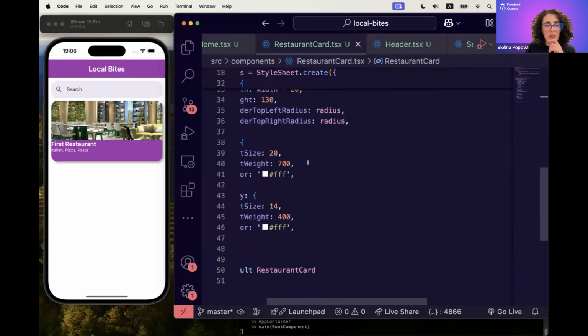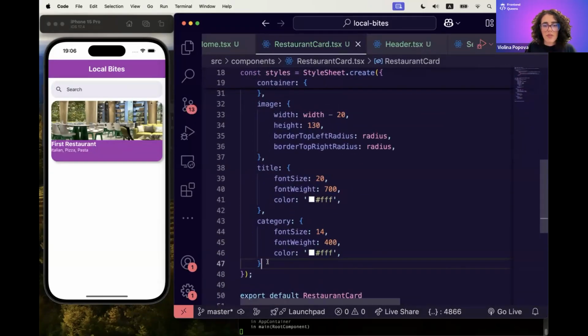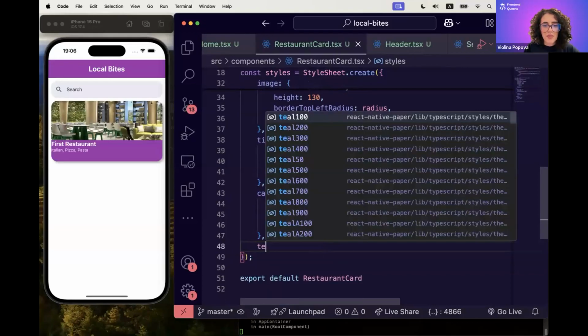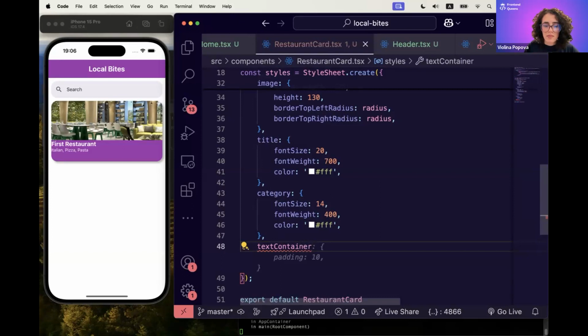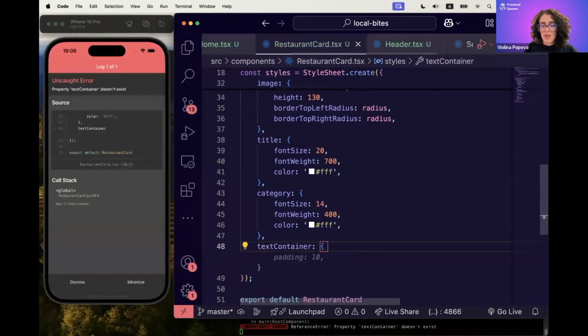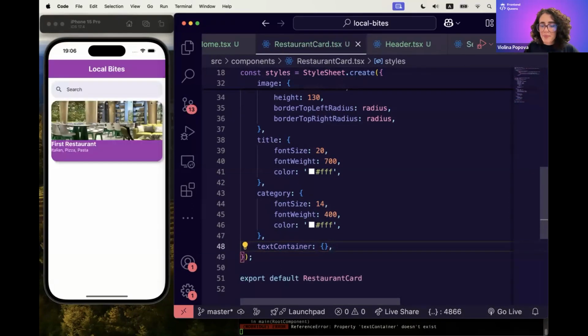Okay, and here I'll just create text container. And we'll apply